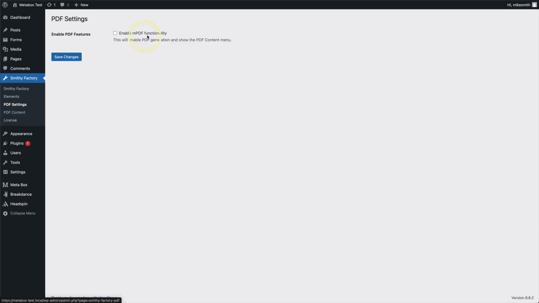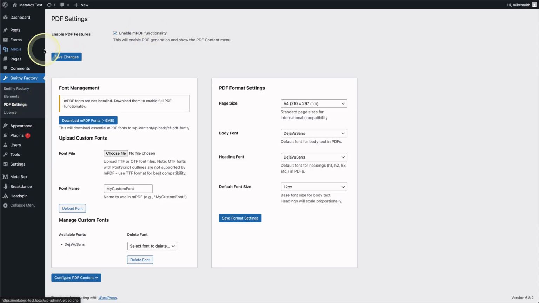And again, well, let's keep it on. Why not? Save changes there. I think I've got it inside out, have I? I think I have. That's interesting. Okay, let me just refresh the page. There you go. So I've enabled the PDF, and